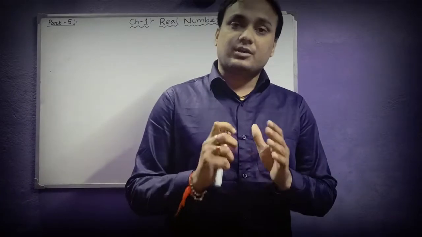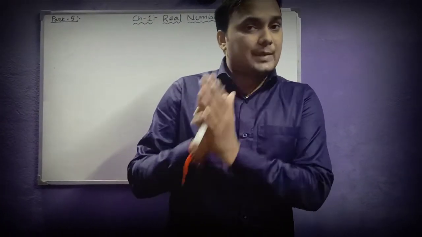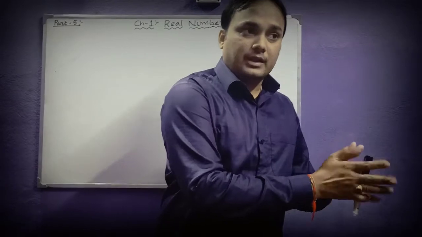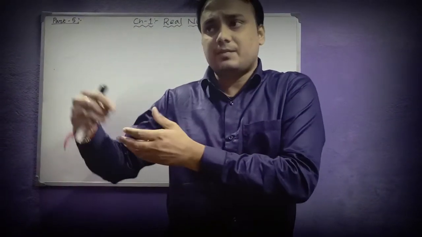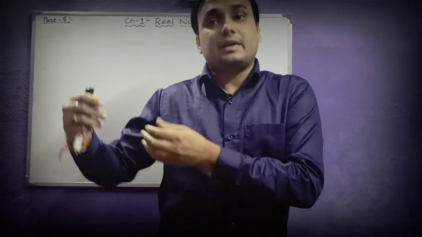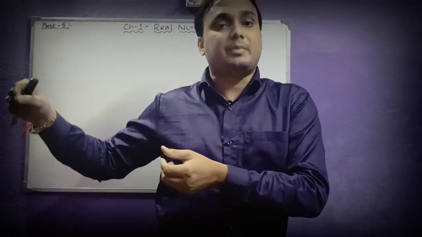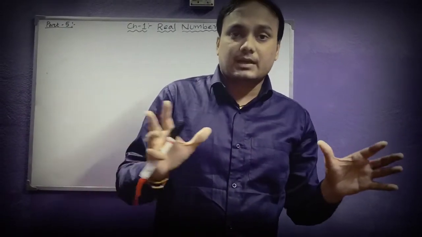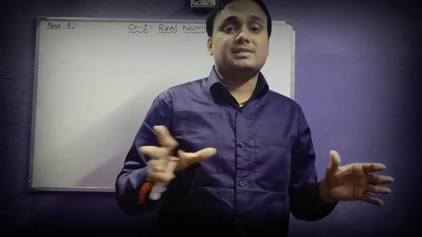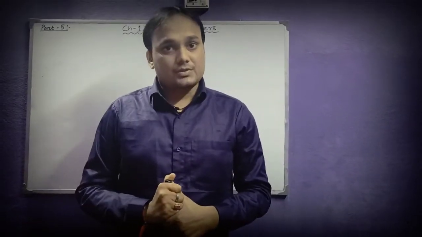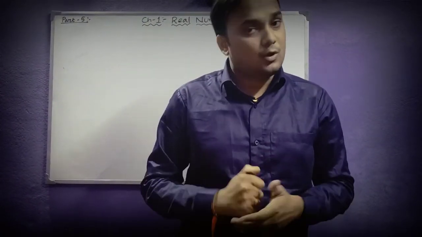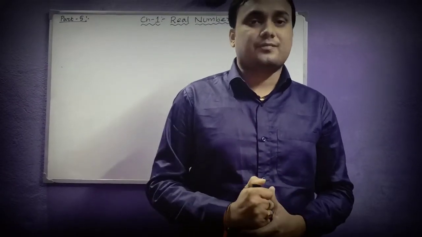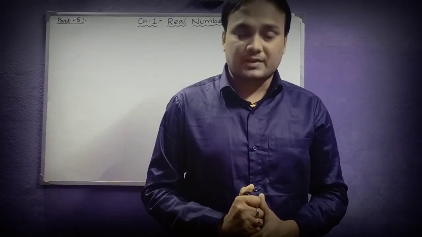So definitely a rational number has two types of expansion. One, terminating, that means it will end at a certain point, and the other, non-terminating, that means it will not end but the digits will go on repeating. So these are basically two different decimal expansions of rational numbers. Students, this is our main topic which we are going to discuss in this explanation video. Along with this, we will be solving some questions of the last exercise of your chapter, exercise 1.4.